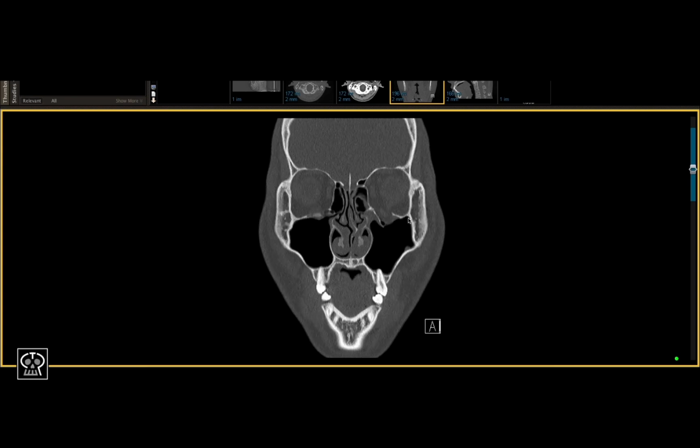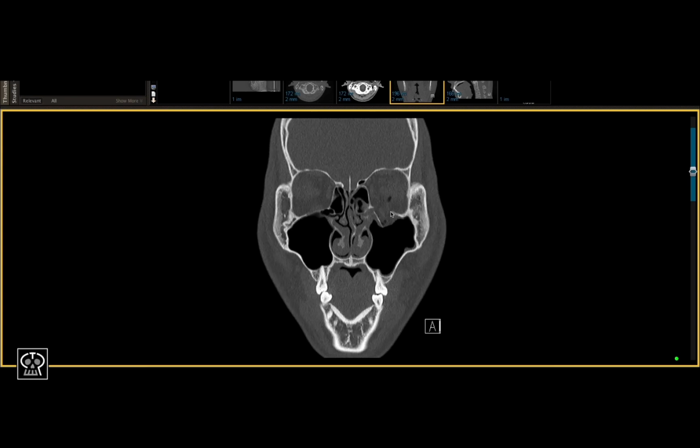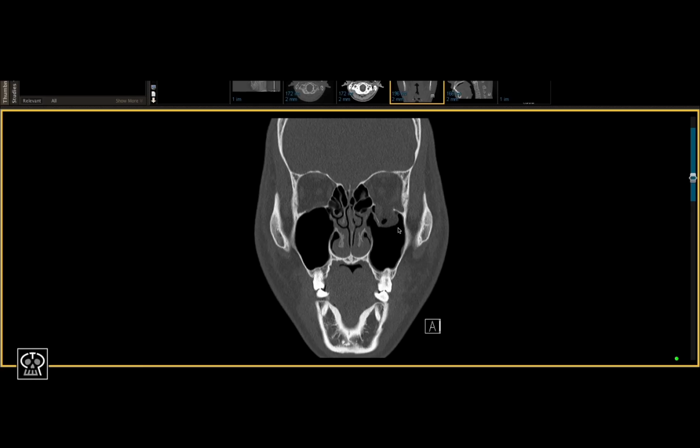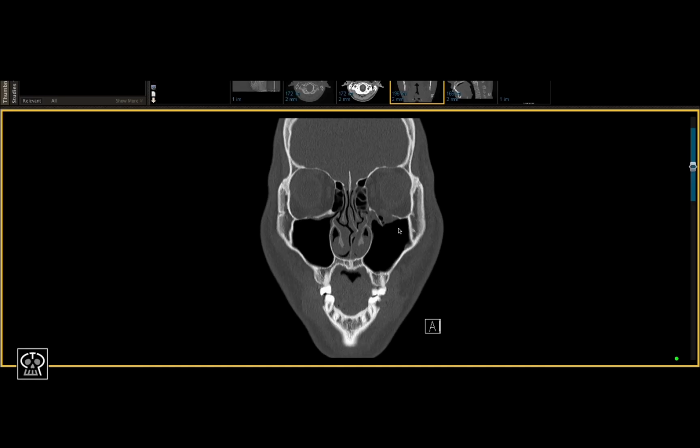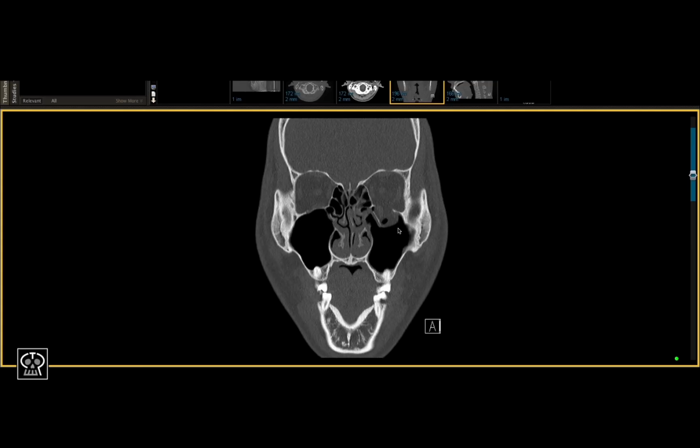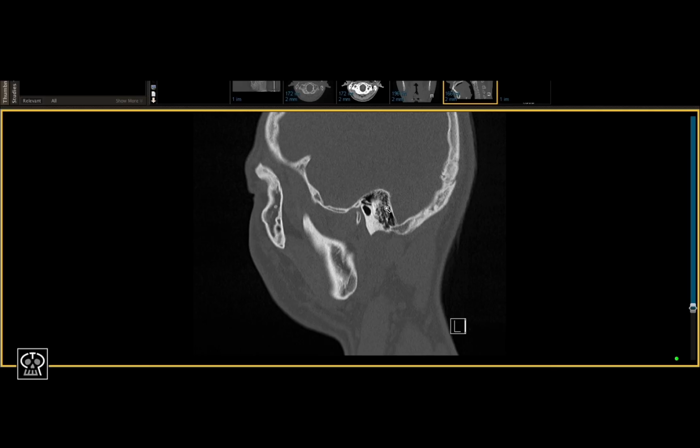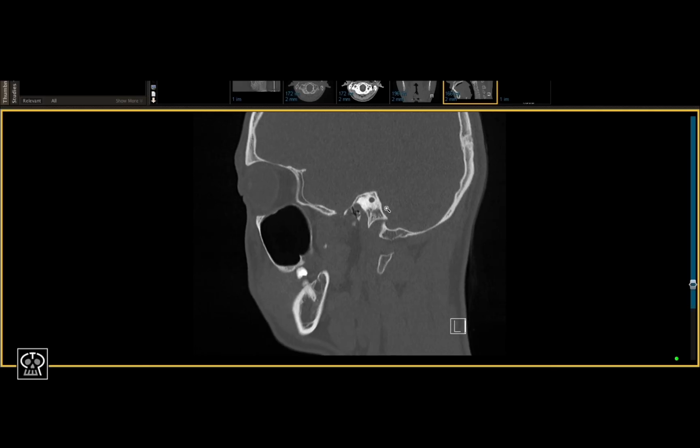We can see the orbital floor has a relatively large break in it from here to here, and it's a blowout fracture as the floor has been blown out of the orbit and is projected downwards. This is an example of a very obvious orbital floor fracture. Let's look at it from a different view. If we pull up our sagittal view next, and we scroll through,